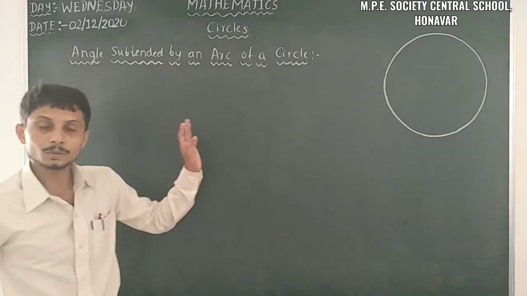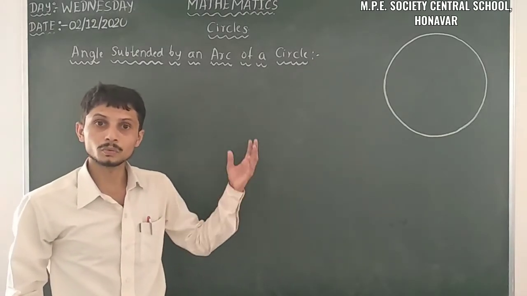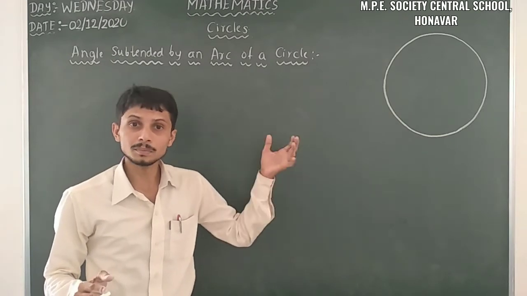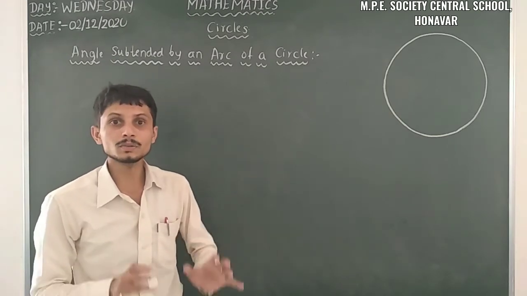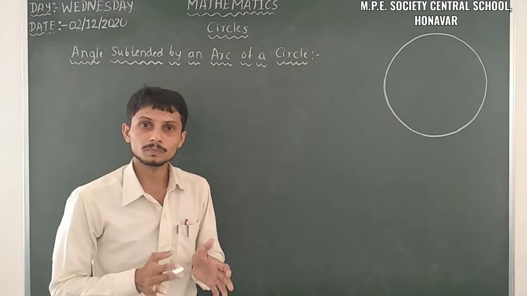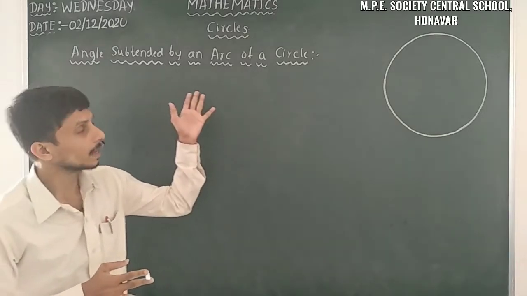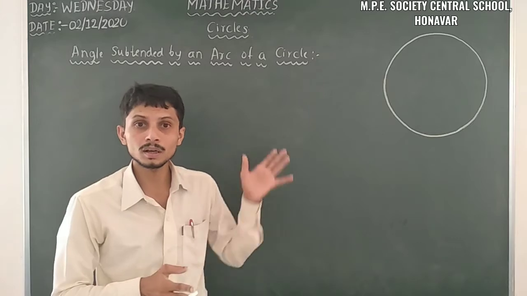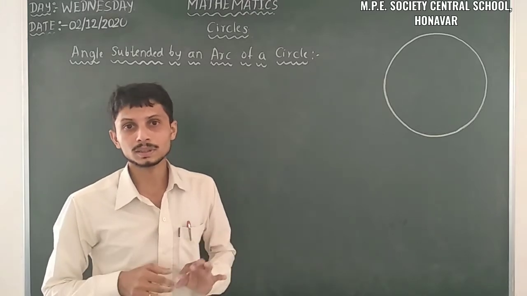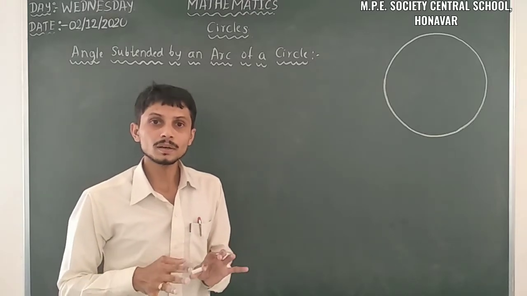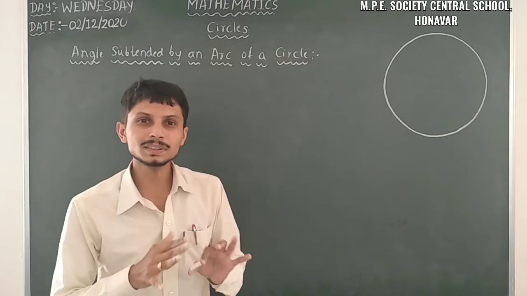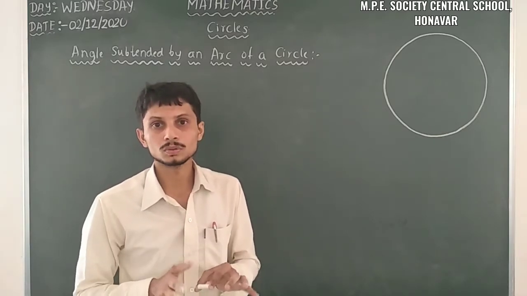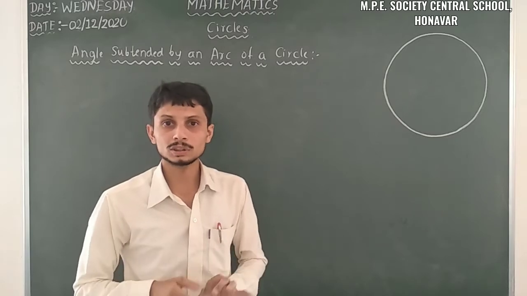Yes. Whatever we have learned, we have to remember always, because at any time some things are needed. So before going to the angle subtended by an arc of a circle, we have to know something. Here we have to take it as an axiom. That means, it is not an axiom, we have to take it as true statements.